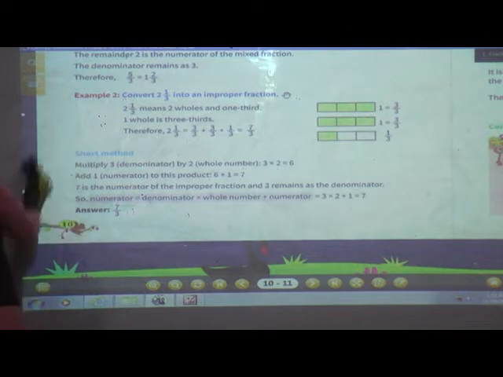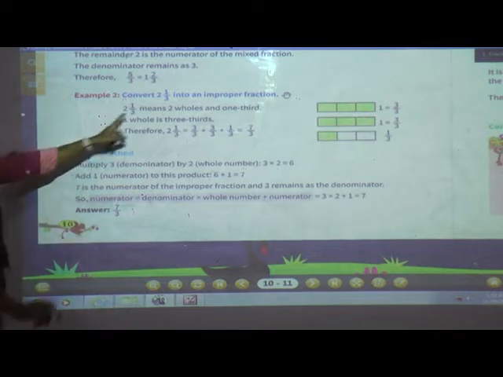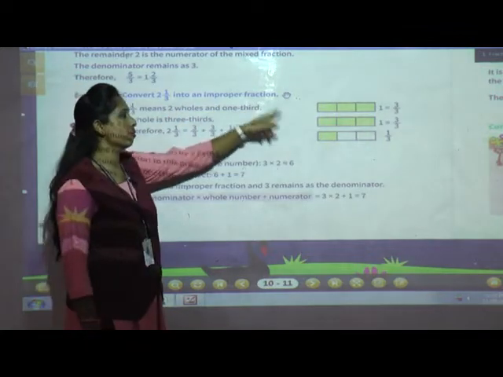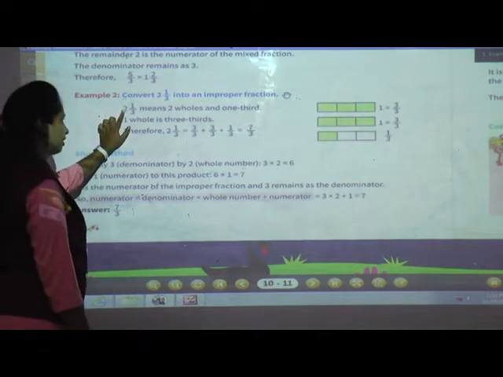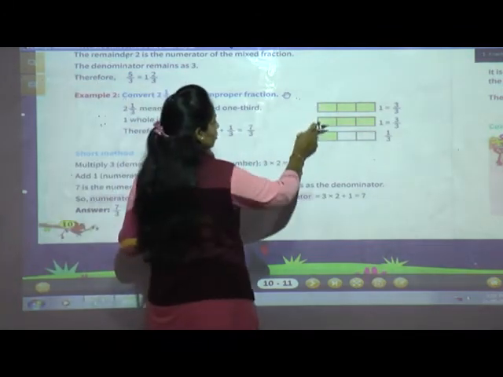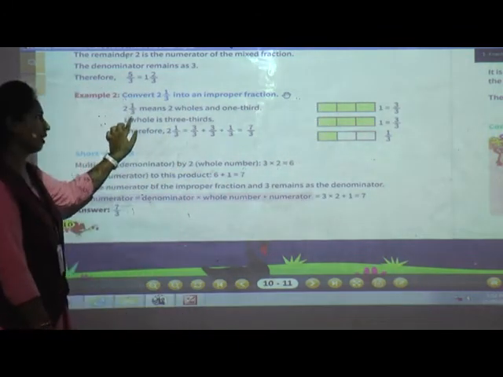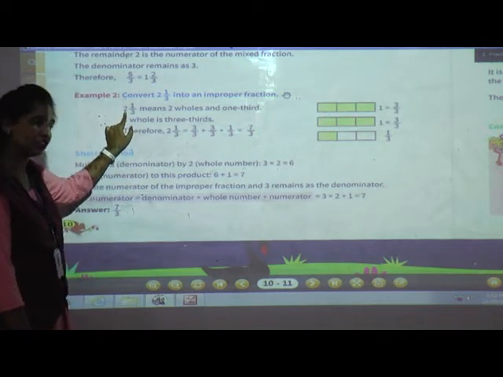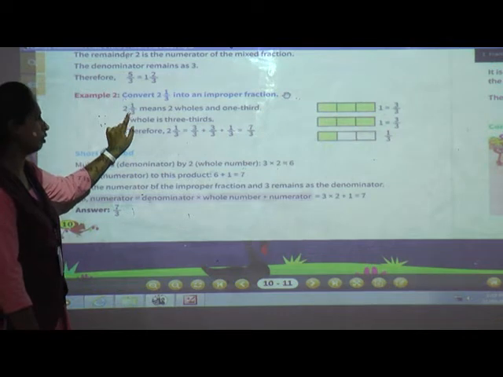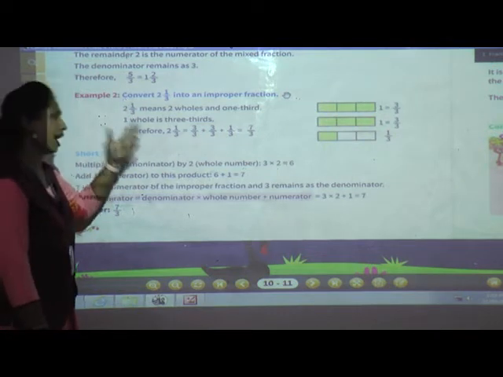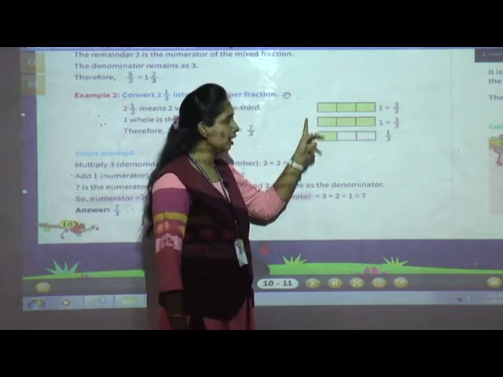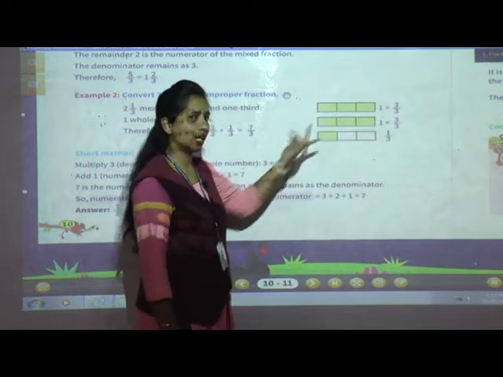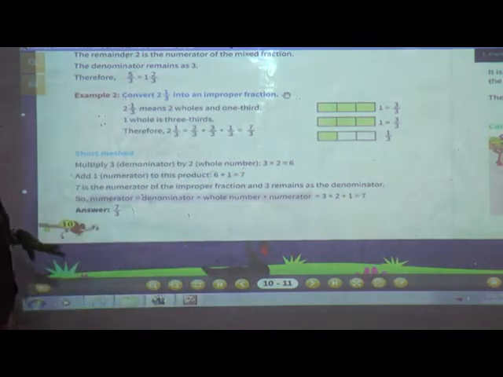Now they have given a mixed fraction. See, 2 1 by 3 into an improper fraction. Now they have given a mixed fraction, we need to convert it into an improper fraction. Now 2 whole part is there, 2 whole means, see, 2 whole, and how many? 1/3 part. This 2 means what? 3 upon 3, and here they had given 3 parts in a whole. 1 part we need to add to those 2 parts. So 3 parts we have to take, and 2 parts are already whole, and from the third part we have to take 1, isn't it? So 1 whole is 3/3.